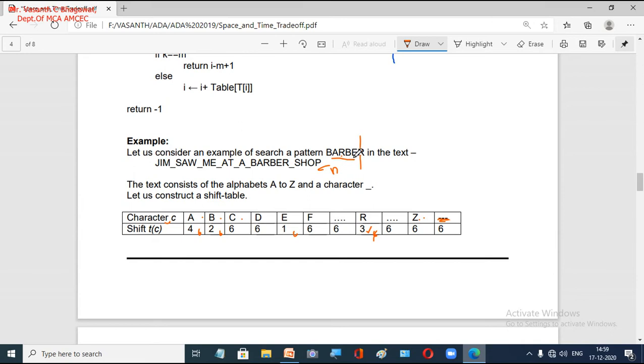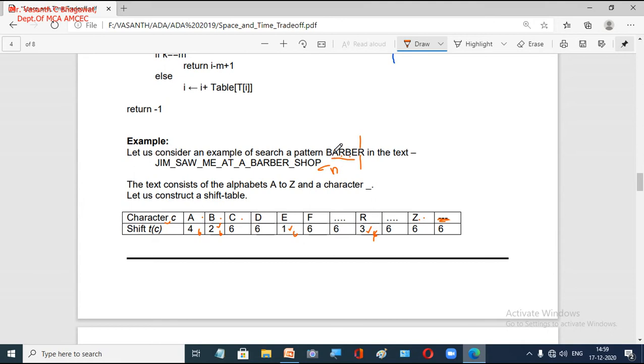Now you take the second character E. With this reference point R, E is at a distance of 1 position. So under E you will get 1 here. Now take B. Clear? Here B is occurring 2 times, B is present here also, B is present here also. Which is the nearest one? B is at a distance of 1, 2 from this reference point. So the shortest one we are going to consider, right? Then we consider R. R is at a distance of 3, as I told.